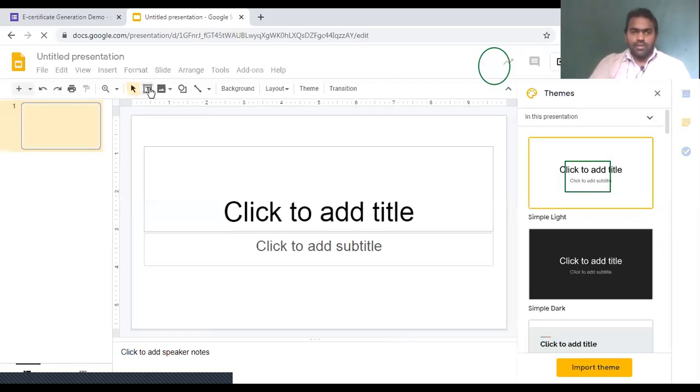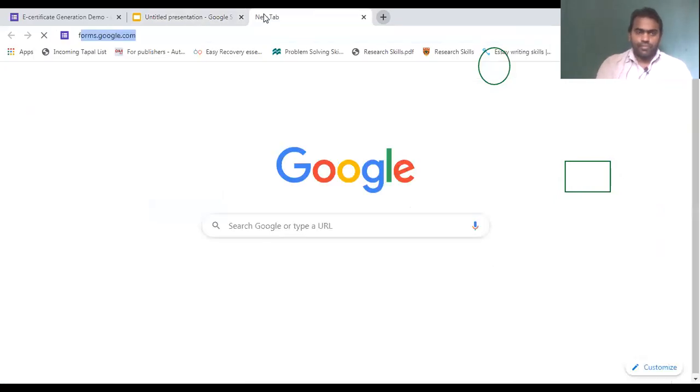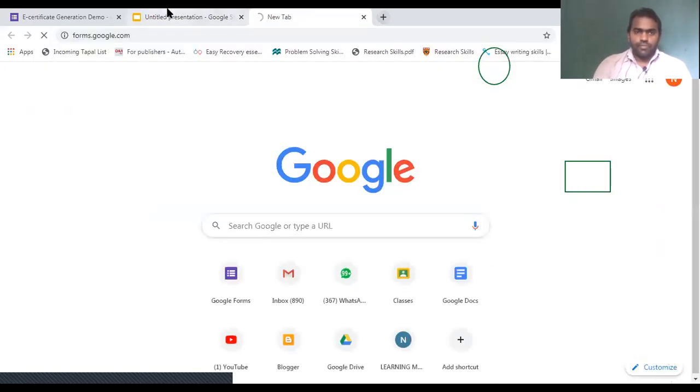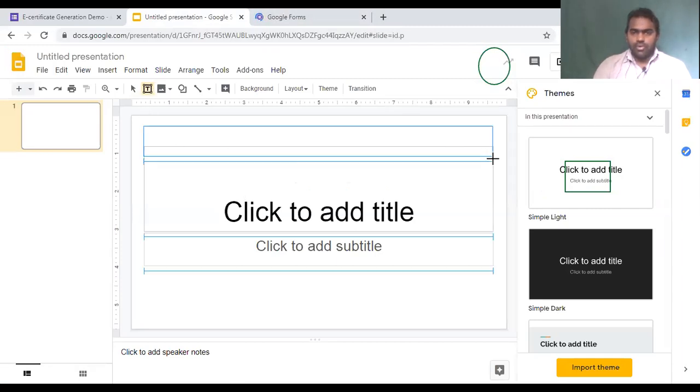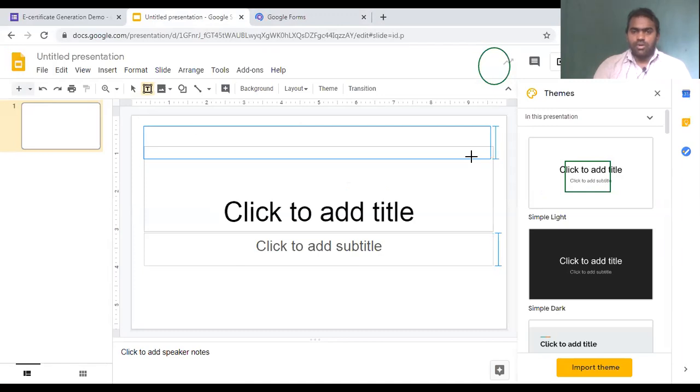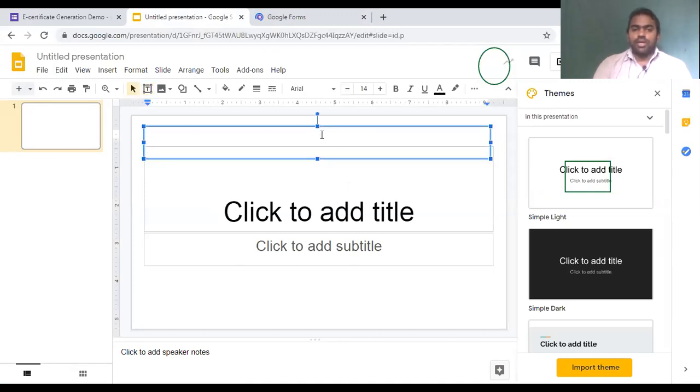You can add the institutional title. I'm not telling much about the design and all. So here, the title of the institution, and the title of the program you can add.